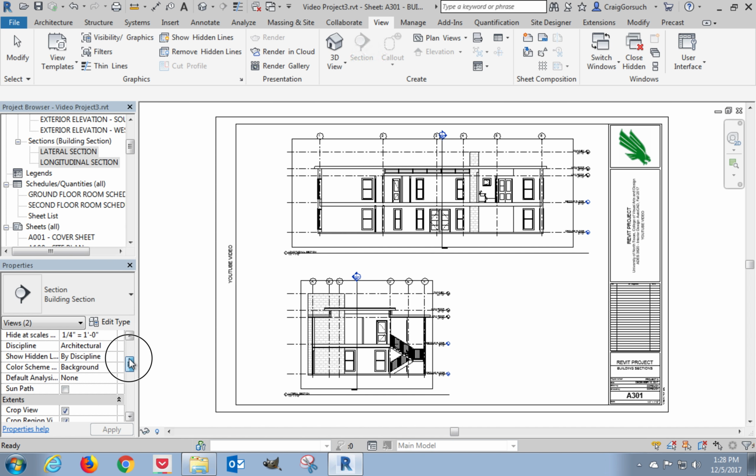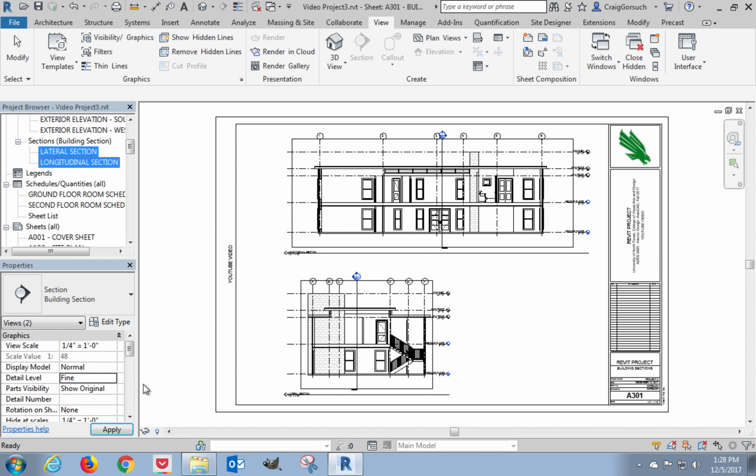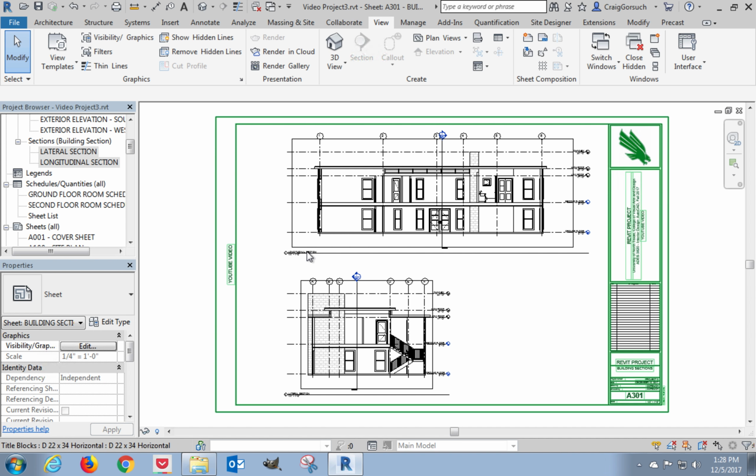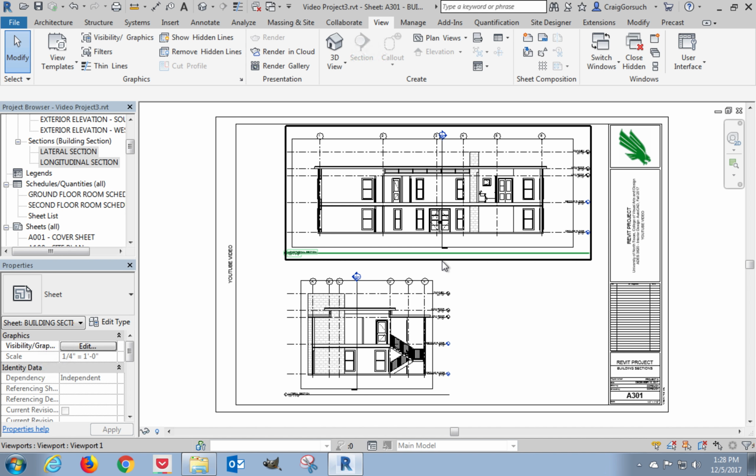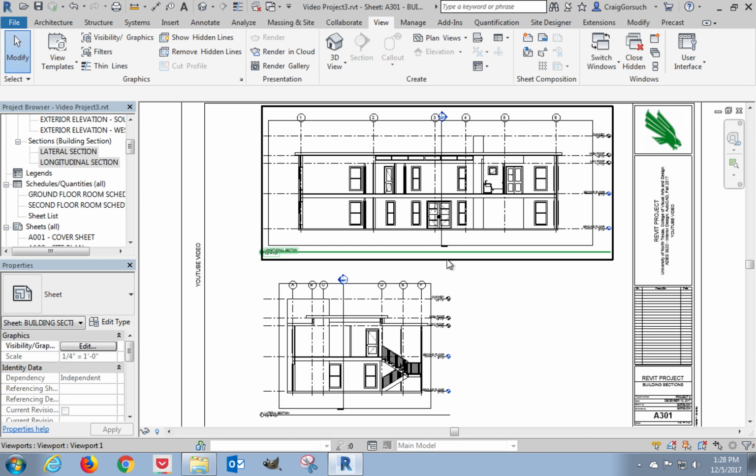Scroll up in my properties to detail level. It's blank because they're set differently in each view. So I'm going to change them both to fine because I need to see more detail there. We still want them to be 1/4 inch, and we'll click apply. Now, one of the things that we've been doing, and you may not have paid a lot of attention to it, if I zoom in,